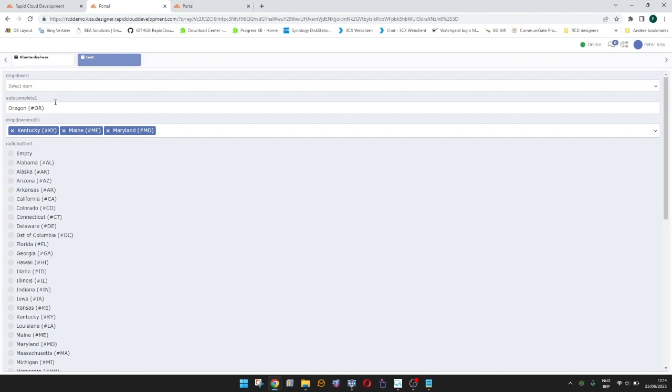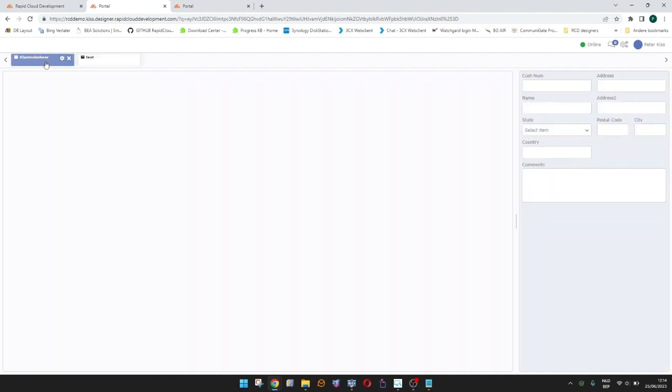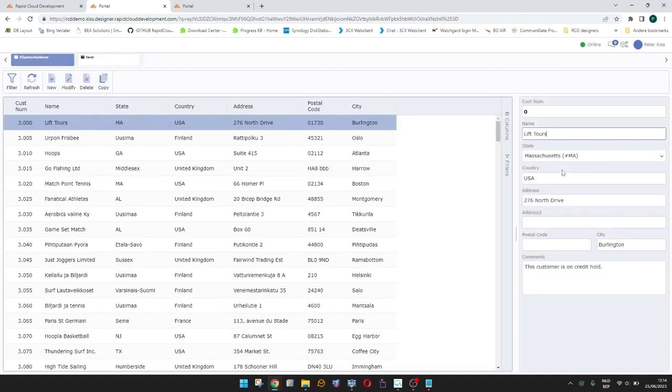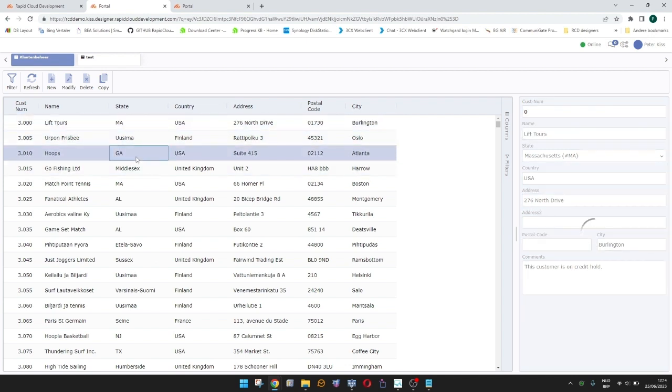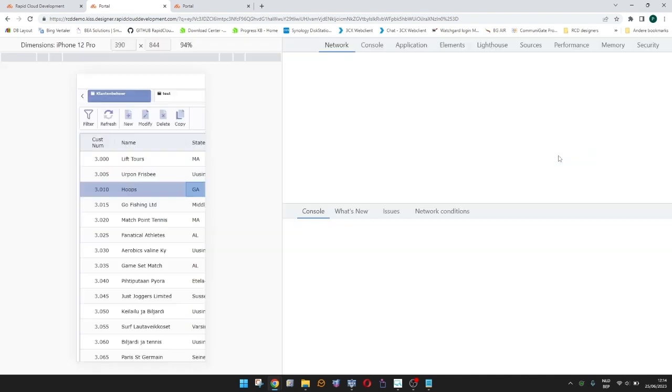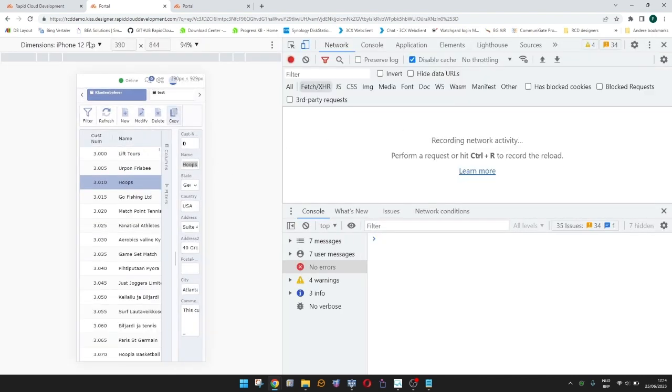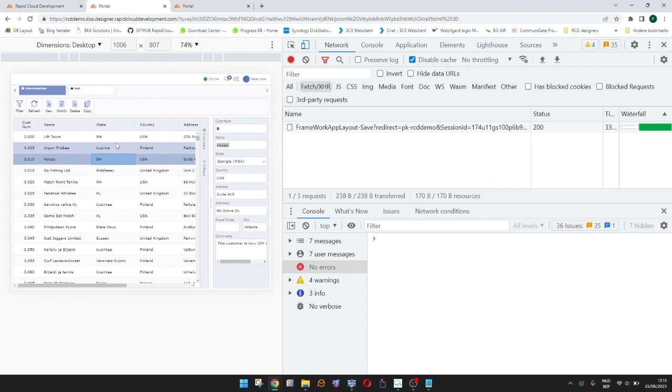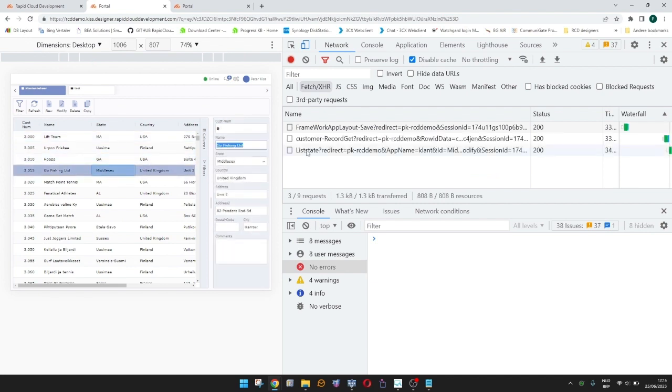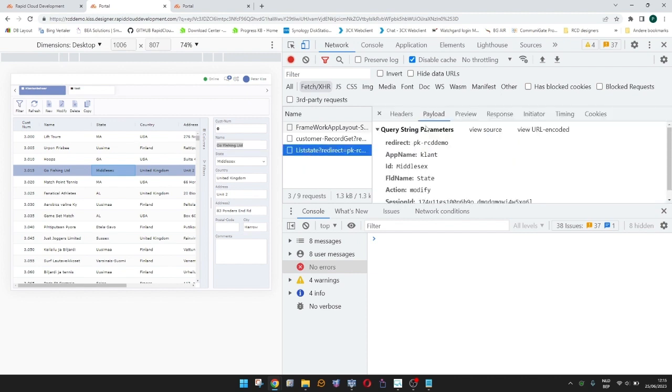Now, if I apply that in a form, here we have state, it will automatically translate the value which is here, MA or GA, to auto-translate that in a drop-down or an autocomplete, doesn't matter. If I do F12, desktop, I'll just hit that. I see that the list state is called with a payload